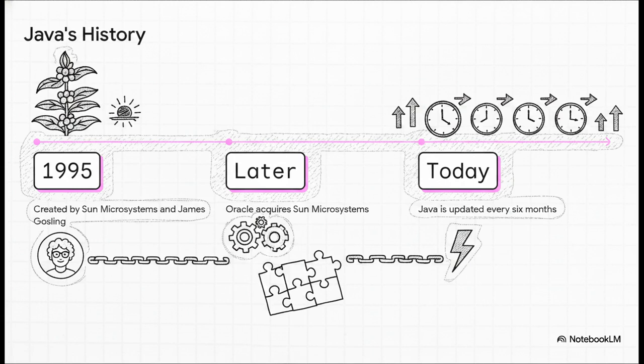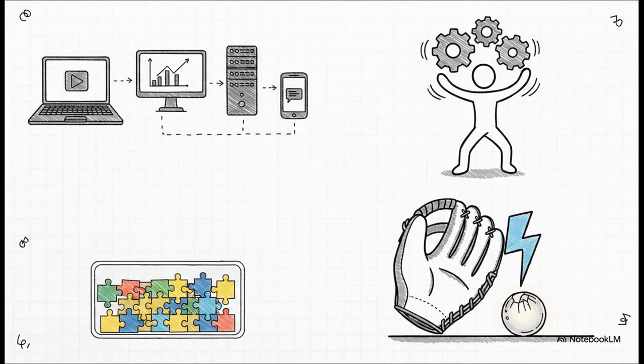In fact, rather than waiting years for a massive new version, Java now gets fresh updates every 6 months. This constant cycle ensures the language is always evolving, staying totally modern, and remaining as powerful as ever. So what exactly makes it so powerful under the hood? Let's demystify some of those technical buzzwords you are definitely going to hear. First up is WORA. Write once, run anywhere. Thanks to that magical JVM engine we just talked about, you can write your code on a Windows laptop and it'll run flawlessly on a Mac or even a Linux server without you having to change a single line.